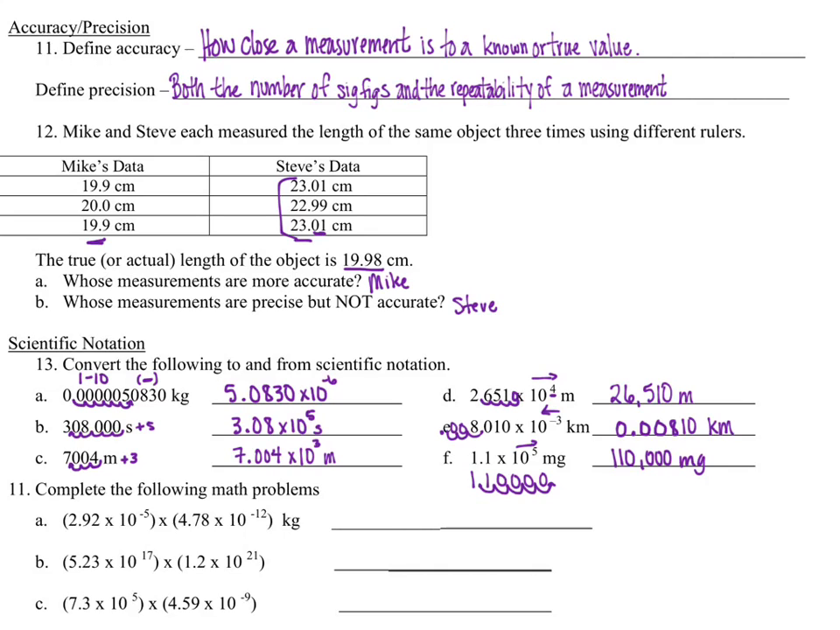Alright, complete the following math problems. You need your calculators, and you have to know how to use a calculator. Don't forget about using your E. You don't have to multiply times 10 and then put in your exponent. So 2.92 times 10e negative 5th times 4.78 e to the negative 12, and I end up with